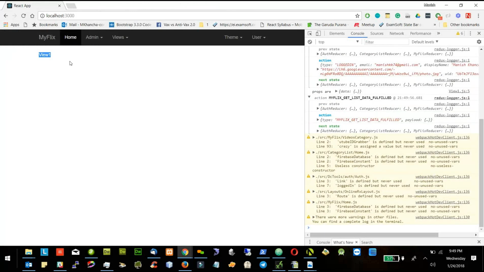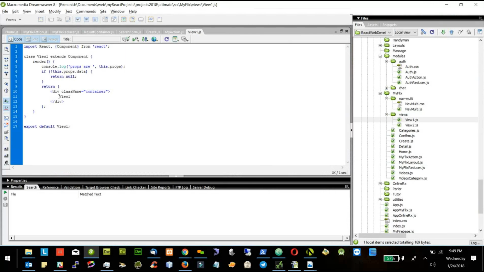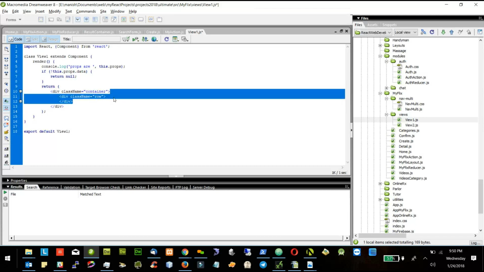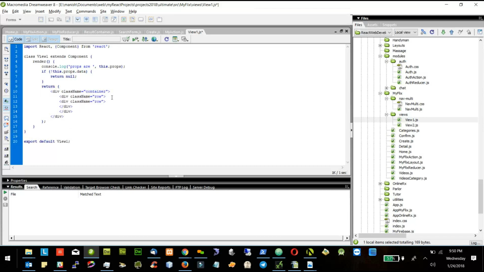Okay, I get the view started here. I will divide it into two parts, one is left side and right side. Here I will say col md